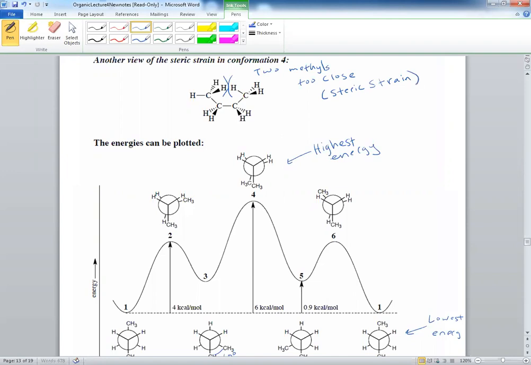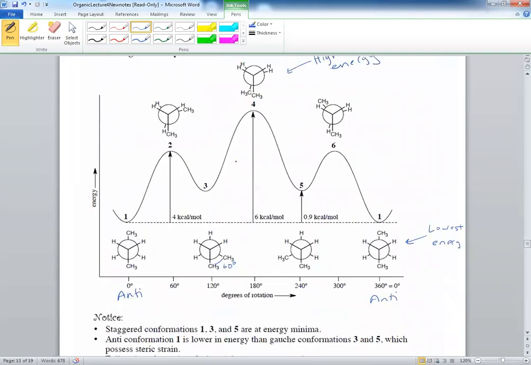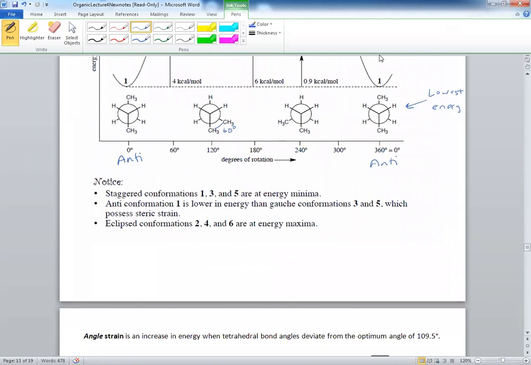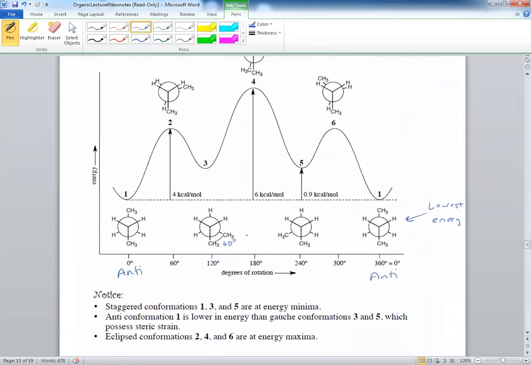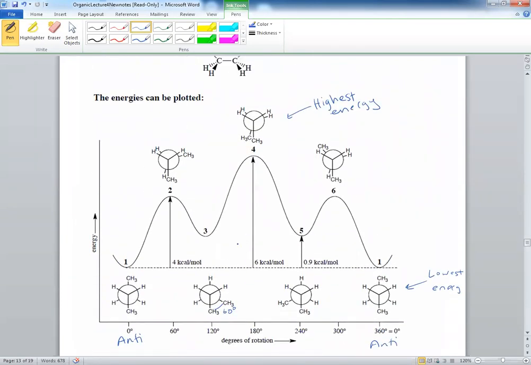So gather your thoughts about this topic. It is not an easy topic. We totally understand that, but just keep thinking about it. When we meet next time, you will be given an example and you would have to actually draw multiple of these. You would be asked to draw at least one anti, the two gauche, and the eclipsed version. And of course, be able to tell which one is the highest in energy, which one is the lowest in